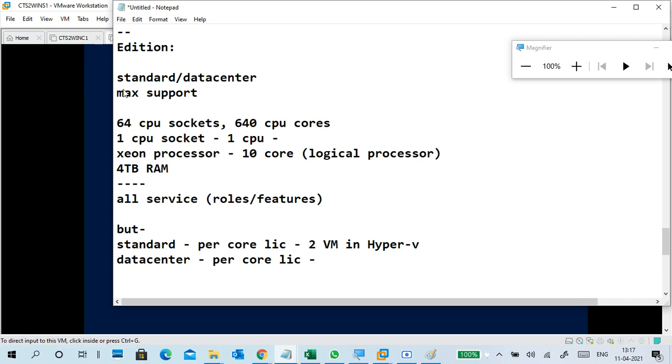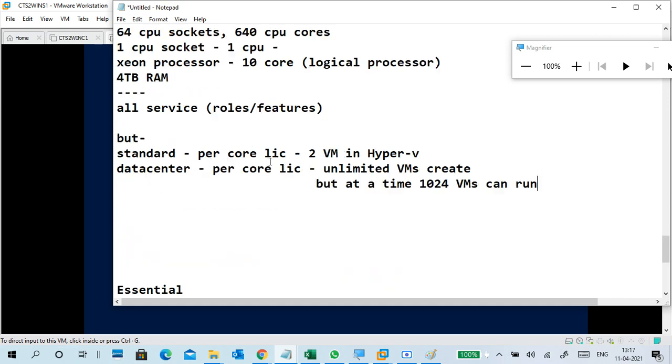But with data center you can create unlimited VMs, and at a time 1024 VMs can run.